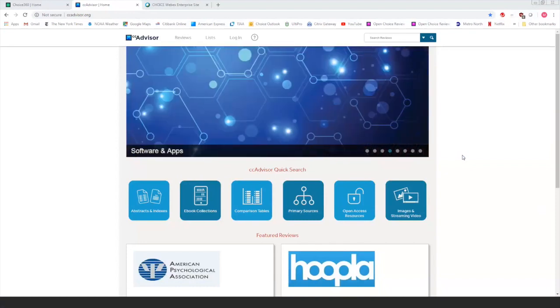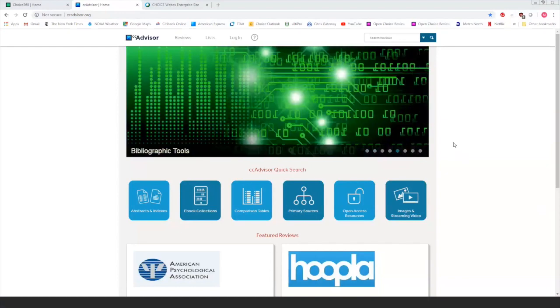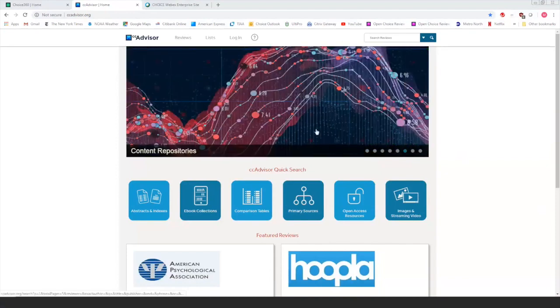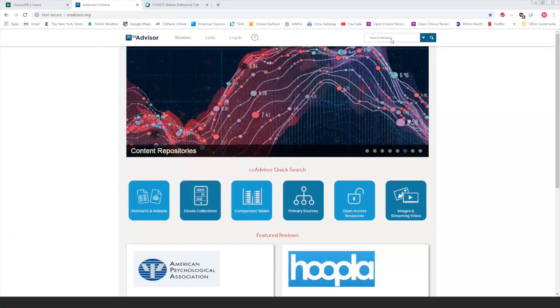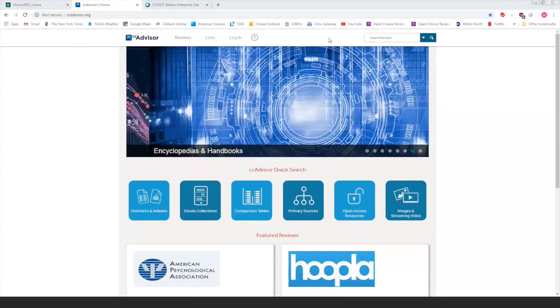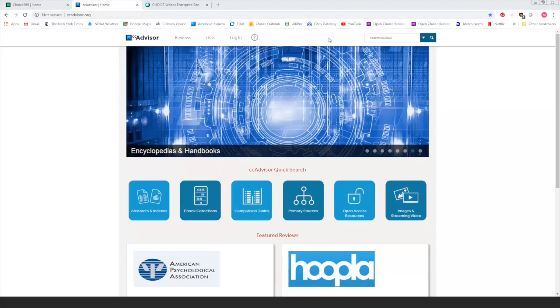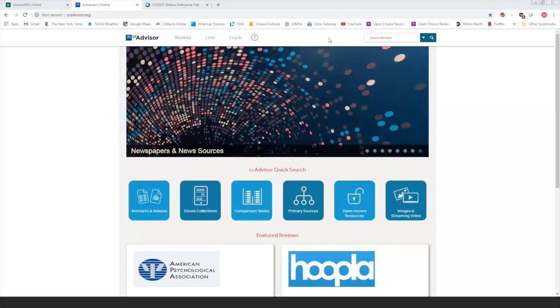Let me talk for a minute about access. So this home page here is where you will do almost none of your work. It's really designed more for visual effect than anything else. It gives you a few simple filters down here and some drop downs at the top, which I'll describe in just a moment. But the point is that anyone on the university network can get to this page, go to the search box or to the filters, run a search and read a review without doing anything further, because access